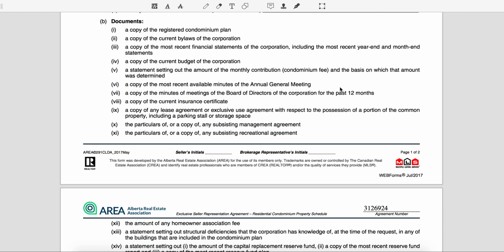Condo documents will be required of you when selling a property. It's important that you have these in your possession at time of offer so that we're able to hand them over in a timely manner to any buyer that comes in and is requesting them for condo document review. So generally, this is the list of condo documents that are going to be included, and they include a copy of the registered condo plan, current bylaws of the corporation, recent financial statements, including year-end and month-end, current budget, and